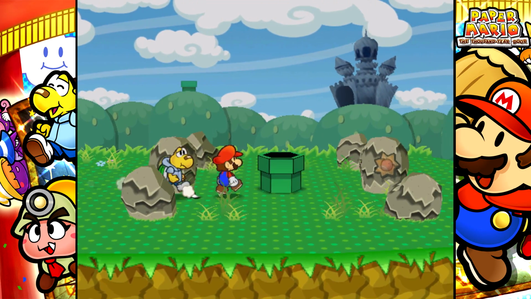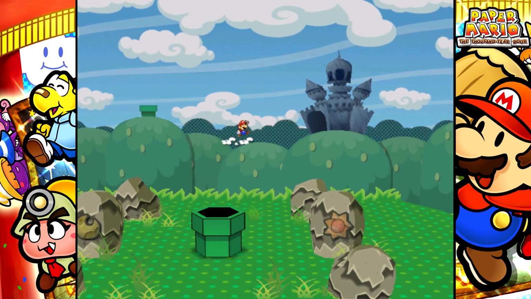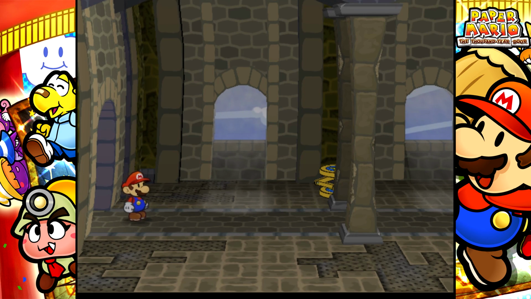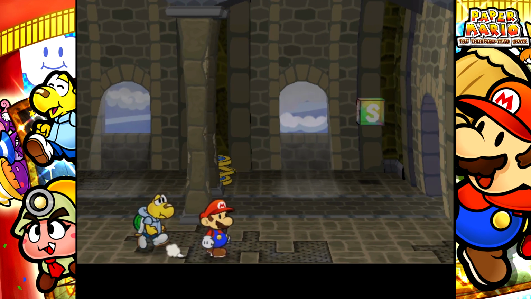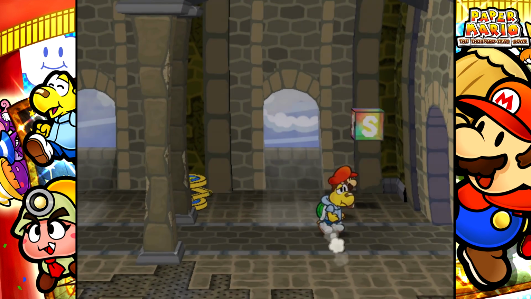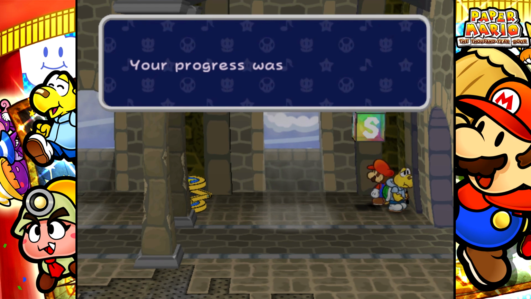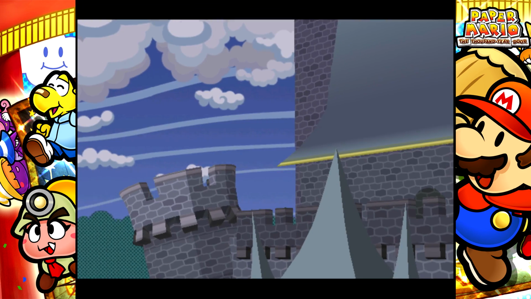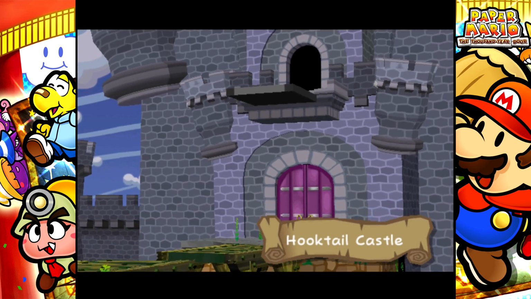Hello, Koops just shows up, like, hey, here I am. Alright, and then boom, right into the background we go. No Koops, unfortunately. And we're just gonna jump right here, into Hooktail's castle. Now, there's a spring platform here that you gotta take to get into the actual castle itself. But first, we're gonna go down this bottom pathway, save our progress, and get this cutscene of the very intimidating